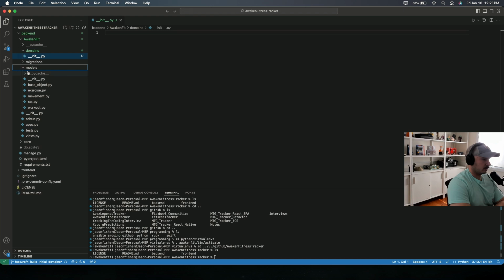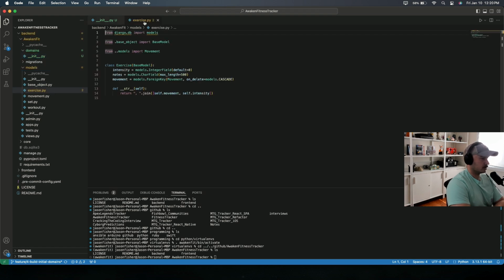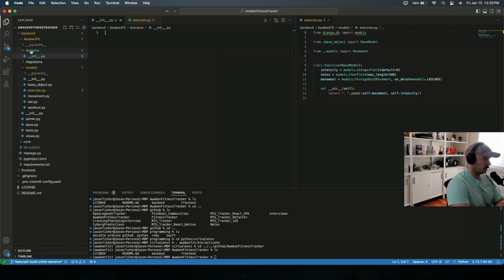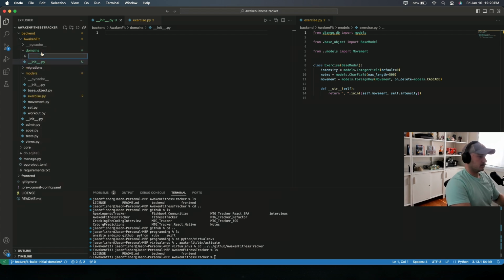Eventually I'll have some stuff to help me reference these other objects. So let's just open this and keep whatever I'm working on to the sides. That way I can see what I'm doing. So let's do this. I think this is fine. I'm just thinking about naming patterns. If I want to call it exercise domain,